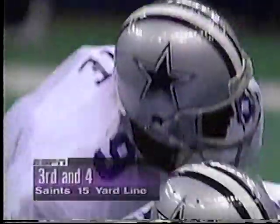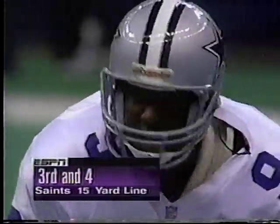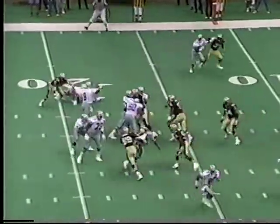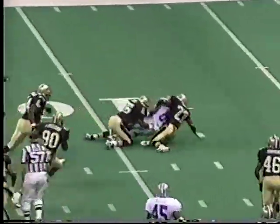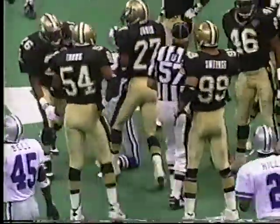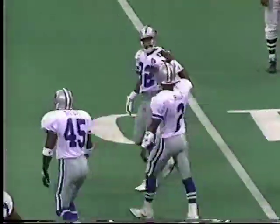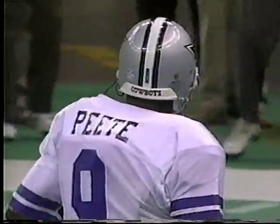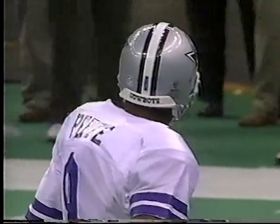3rd and 4. Intended for Fleming. Fleming has it at the 10. He's got the first down to the 8-yard line. Boy, double teamed there by Buck and Jones, but they couldn't stop him. And this is an excellent throw. When your wide receivers are running quick slants, you want to keep the ball in between the numbers on the